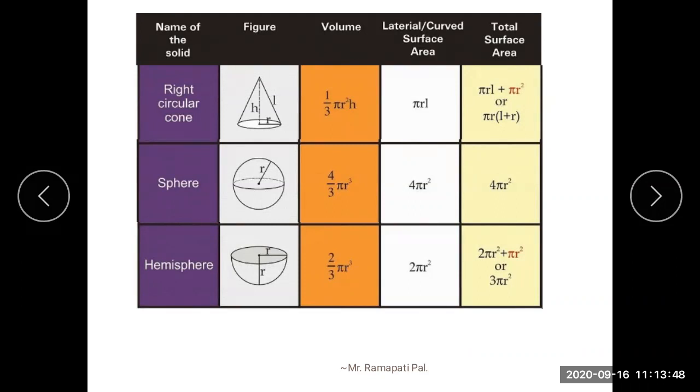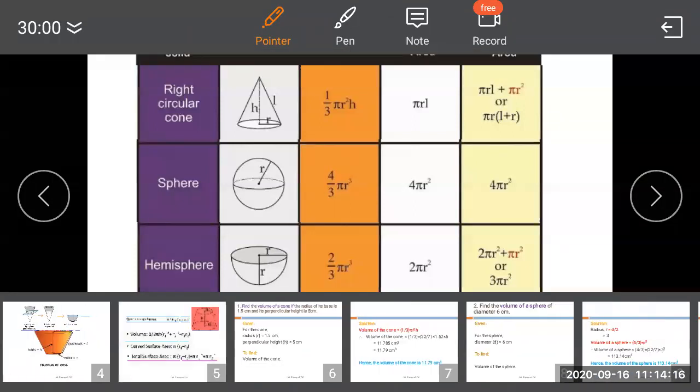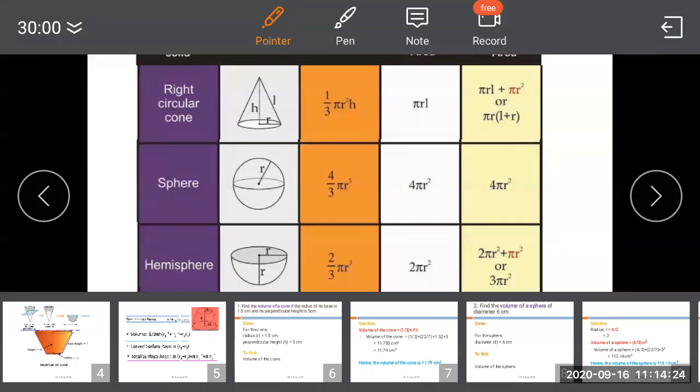So it is very important to solve exercise 7.1. After that, we are going to see the frustum of a cone. I think everyone knows the shape of the frustum, or shall we see it afterward, after exercise 7.1 is completed? Okay, so we will see it afterward when the exercise is completed. So we are going to solve the exercise. Is it clear?